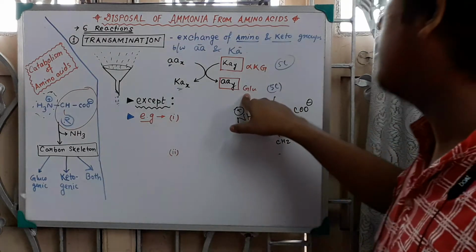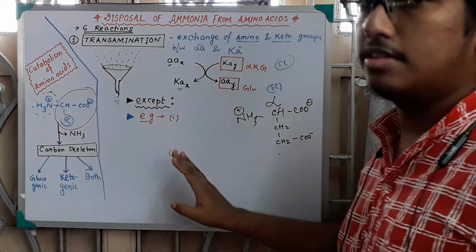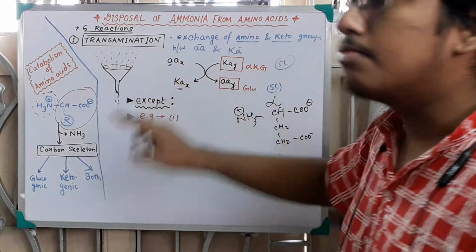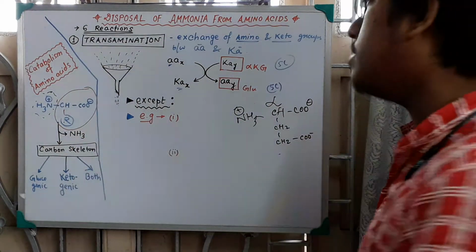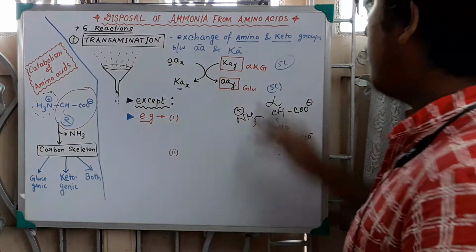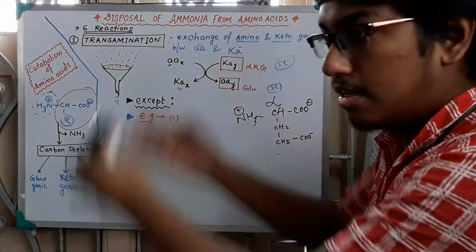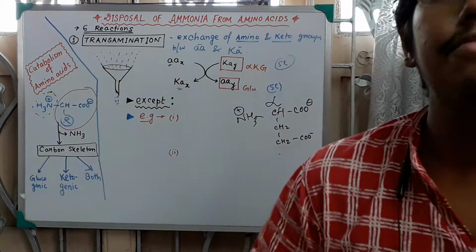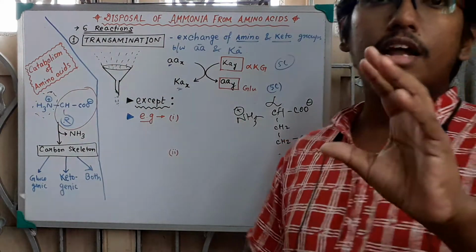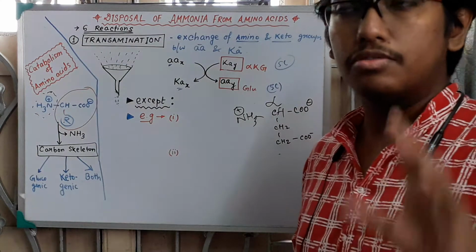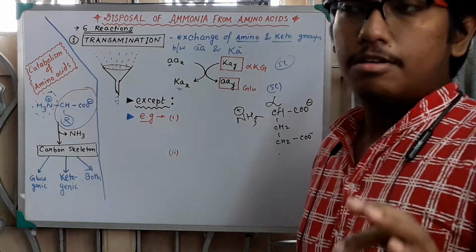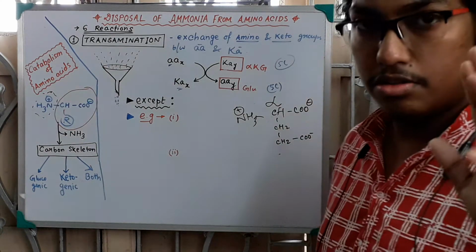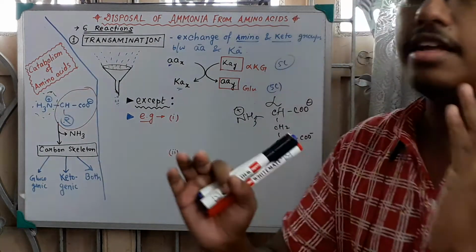Any other amino acid will give up its amino group, released as ammonia, which will be taken up by glutamate. This glutamate travels through the bloodstream to the liver, where a specific cycle occurs, the first metabolic cycle discovered by Hans Krebs, for which he also got a Nobel Prize. That is the urea cycle.